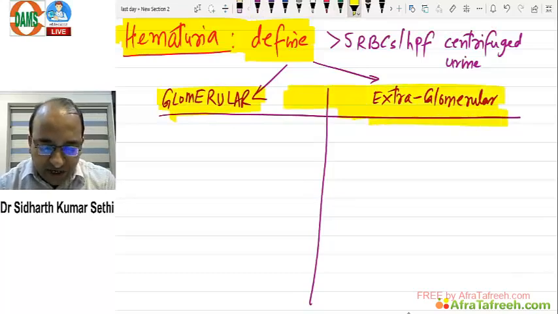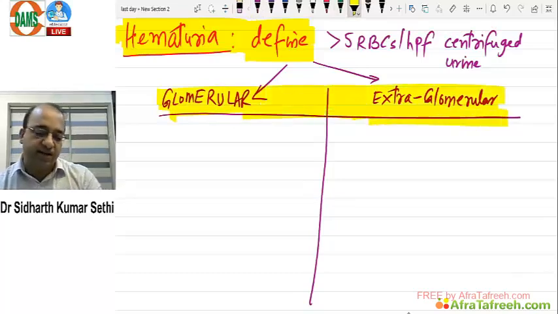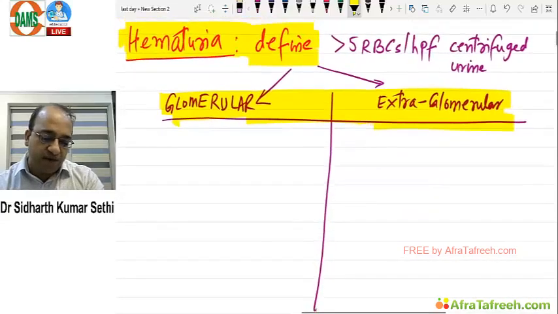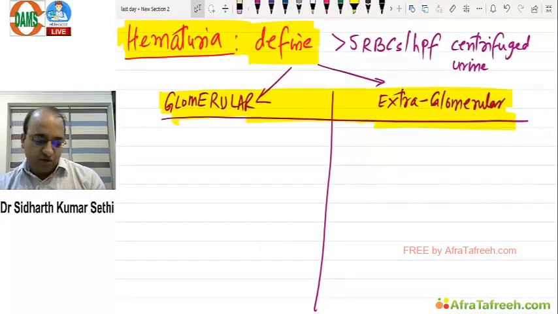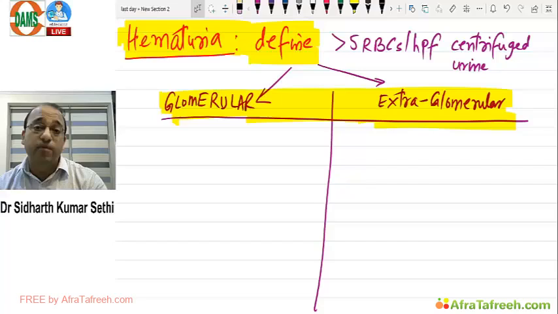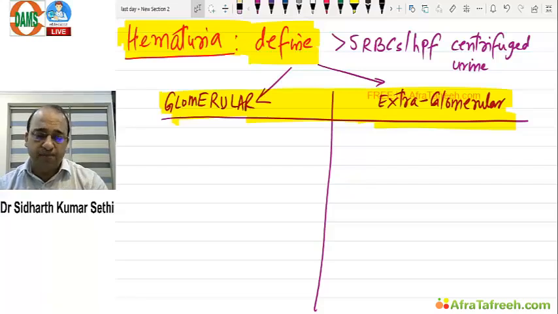Now, how do you differentiate? Anyone? I want some interaction in the class. I don't want you guys to just listen here. I want you to be interactive. So can anyone tell me what are the features of glomerular hematuria? How do you differentiate? Number one,